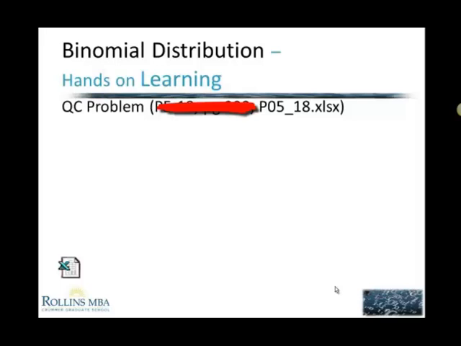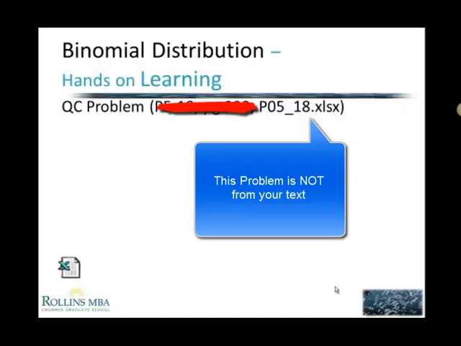Let's go ahead and take a look at problem 518. There's a data file that you're given, PO 518. I call this a QC problem, a quality control problem. And just to pull some bullet points out of the question itself, you have a quality inspector who is looking